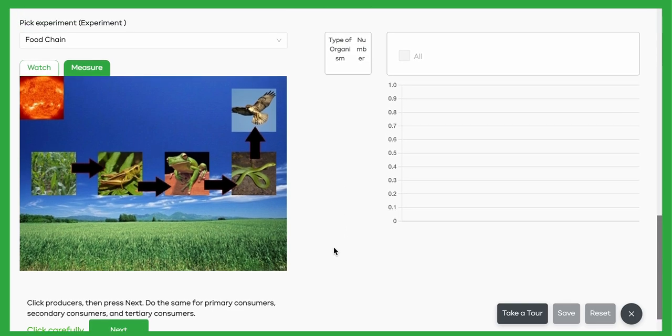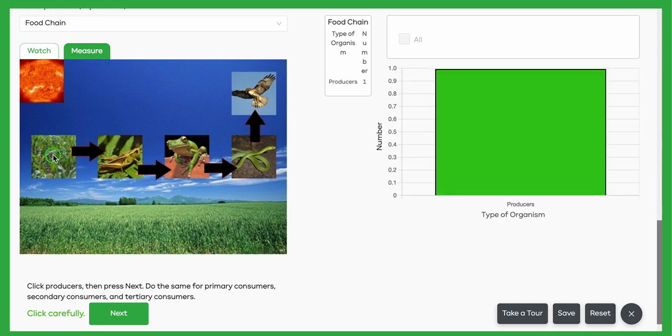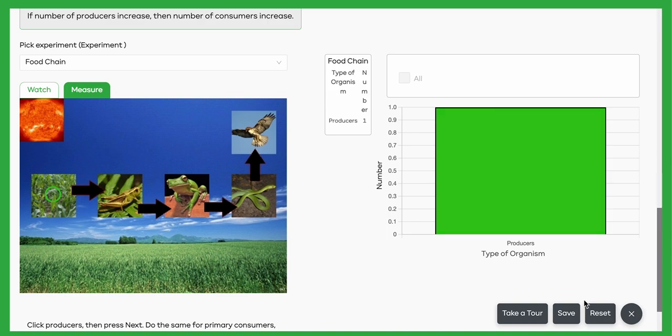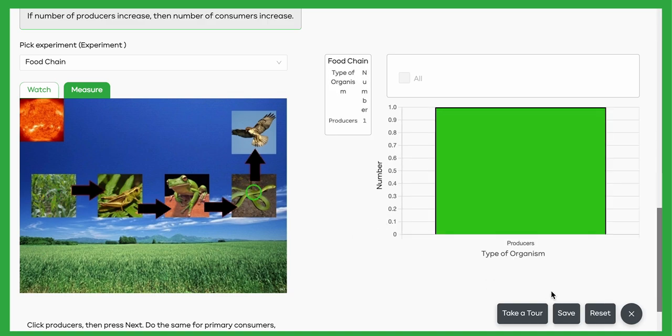Now we have to try to do each part. So it says click producers, then press next. Do the same for primary, secondary, and tertiary consumers. So if I do click the correct one, you're going to see a green circle and a green here. Let's just reset. If I click on something that's not a producer, okay, then I should get a different mark,